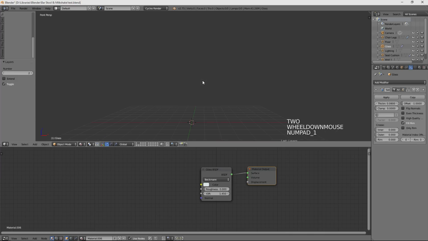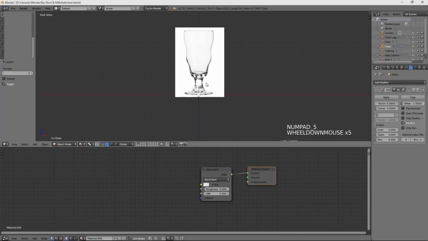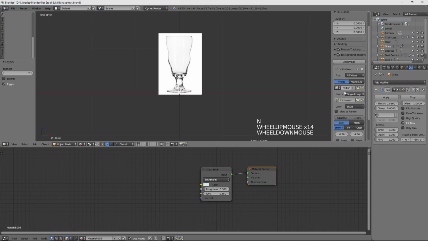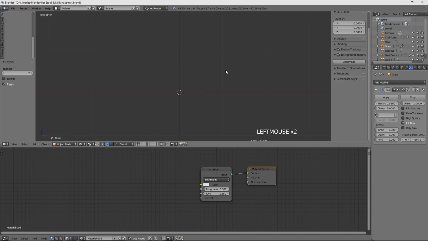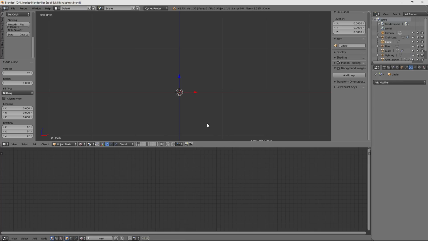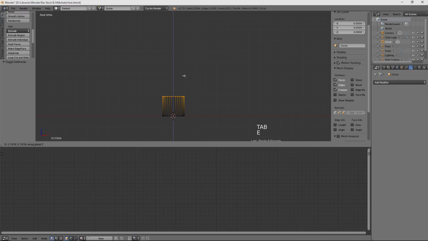I'm going to go to my view here, orthographic and perfect view. I'm actually going to get rid of this background image, which I can do by clicking the X right here next to where the file name is. I can hide it with the eye, but I'm just going to remove it completely because I have no use for it anymore. And I'm going to, in object mode, Shift A, add a mesh. I'm going to make a circle, and I'm going to extrude it along the Z axis. In edit mode, extrude Z.